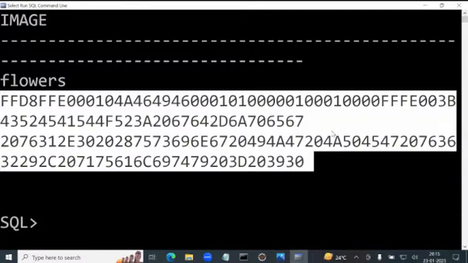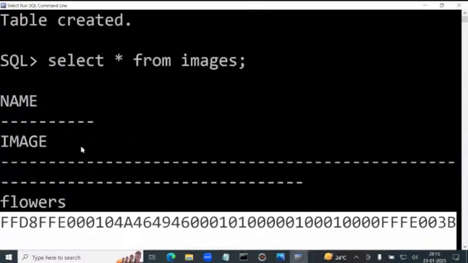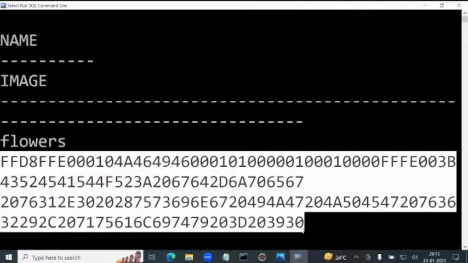But the image is stored. If it is not stored, no row selected comes. But it is stored. See, name, image. Name is this one. Image is this one. Here, file name is not stored, file path is not stored. If you want to store file name, file path, blob is not required. Okay. Now,